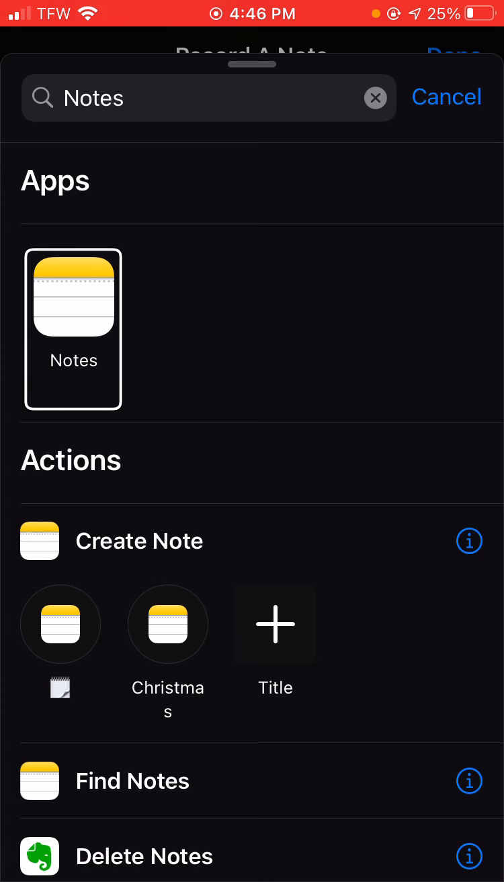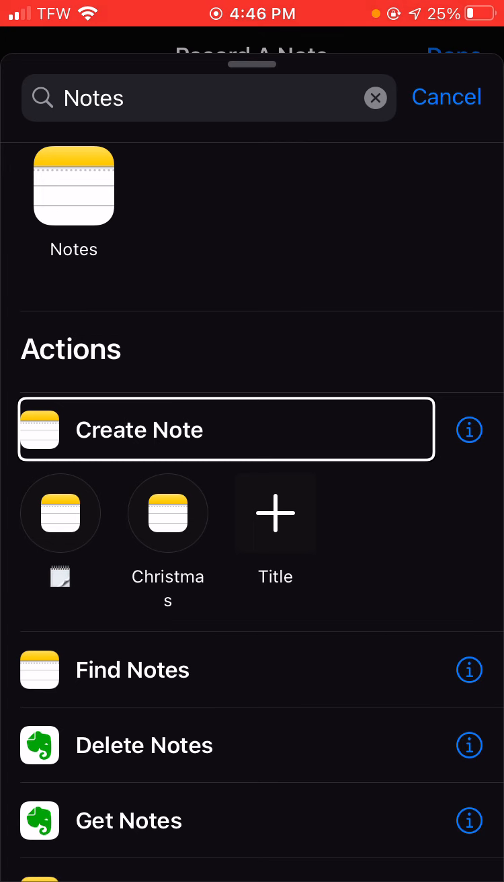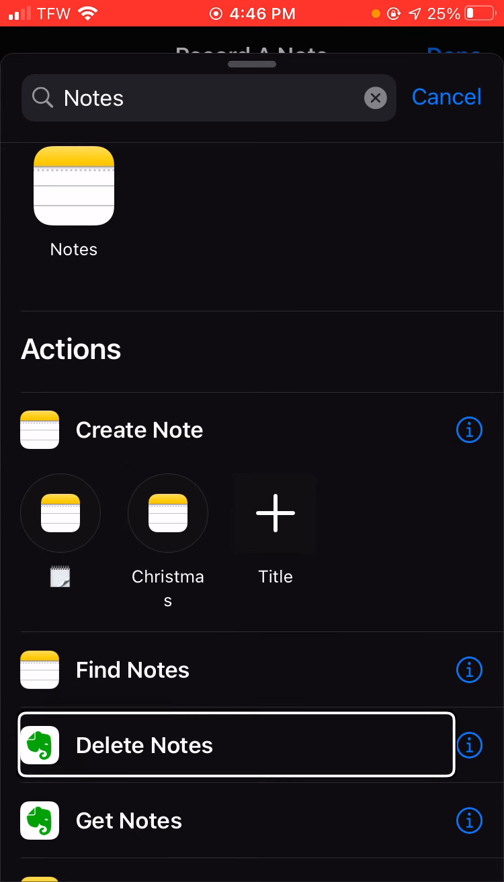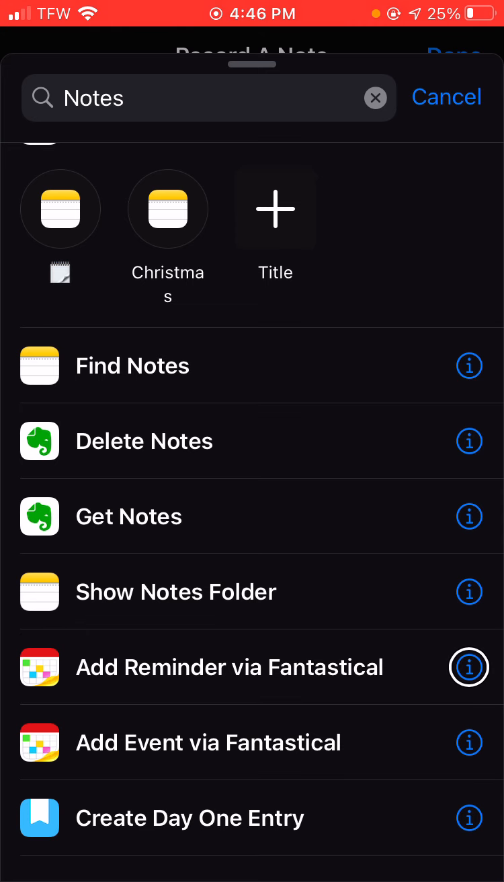Apps. Notes. Actions is what comes up. Create note. Actions available. Double tap. Create note. More info. Spiral notepad. Get notes. More info may come up that I can use as shortcuts. I could tell Siri